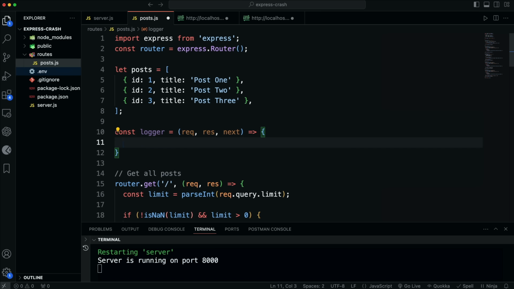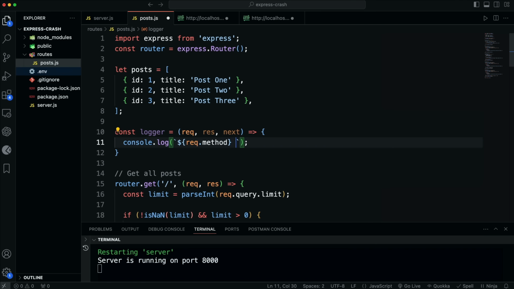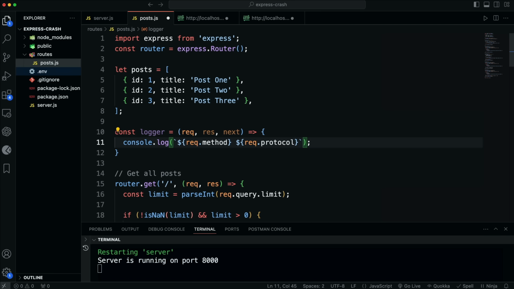So in this logger function, let's do a console log. And like I said, we have access to everything that's on this request object, including the method, the protocol, just everything, cookies if you have any. So what I want to do is just log. Let's put some backticks in, and then I want to use a variable, so I'm using the dollar sign, the template literal syntax. And let's get the method. We'll put that first. And then outside of that curly brace, let's put the protocol, so request.protocol, which would be HTTP. Then we'll put ://